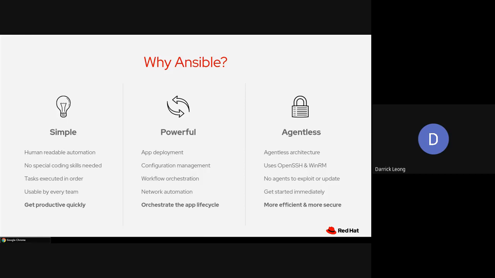And we talk about it being powerful. Automation today is about doing the things that you want to alleviate a lot of those manual tasks. We want to ensure that you're able to communicate with the different tools that are out there today. So Ansible allows you to do a lot of powerful things, link up with a lot of different third-party tools, as well as do a lot of workflow orchestration, end-to-end orchestration. Ansible also allows you to communicate with not only 5 or 10 systems, but hundreds of endpoints at the end of the day.